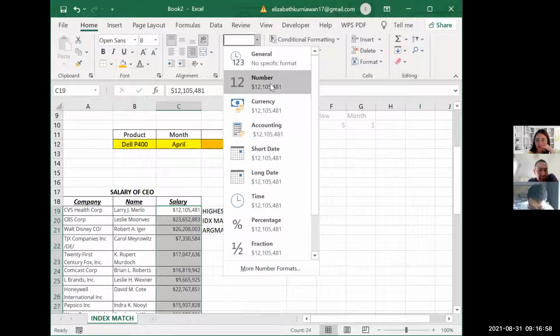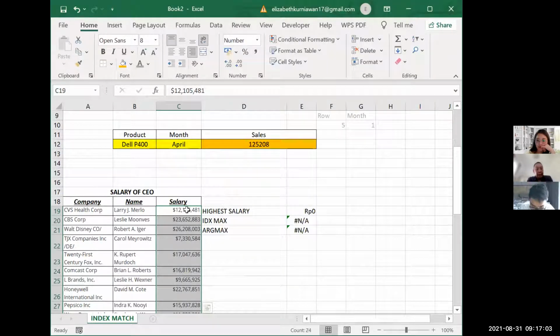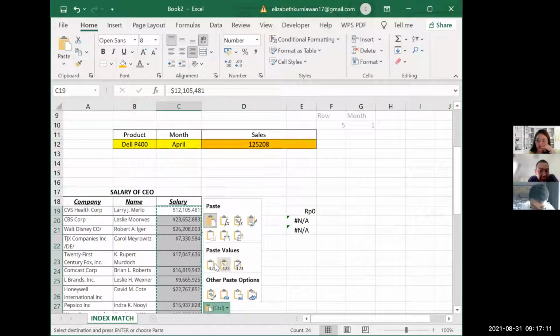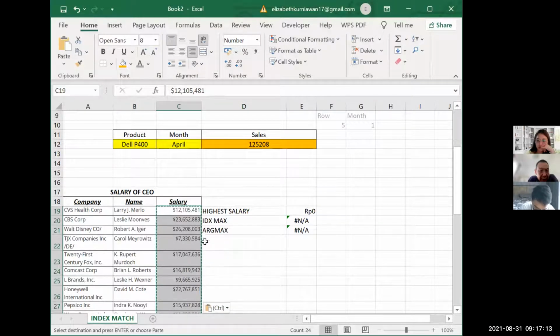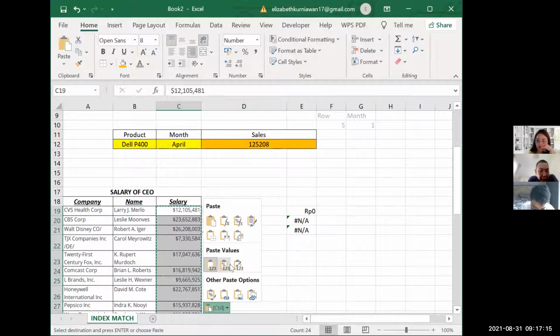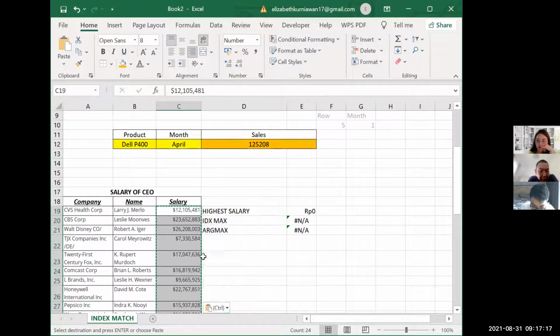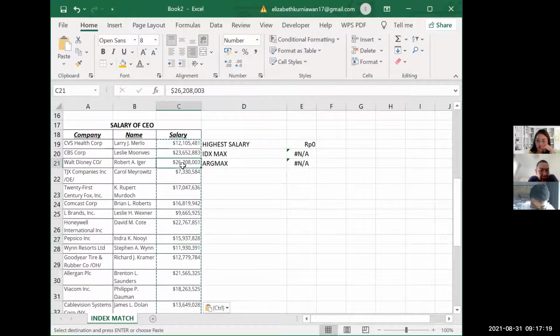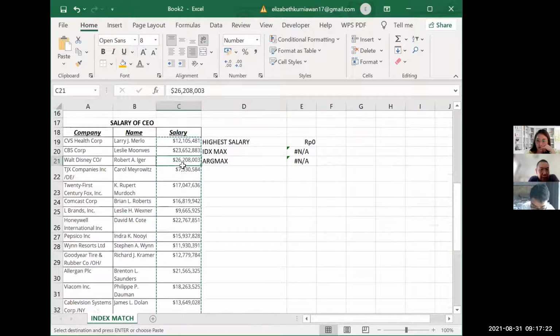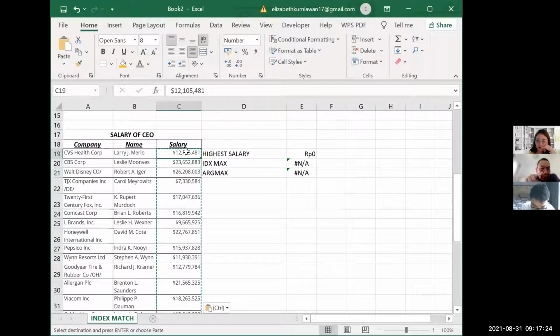Maybe you copied and pasted from the internet, so it gives you the value as strings rather than the real number. Okay. Paste as value. Enter. Okay, so there is a string with a dollar sign. So if you remove the dollar